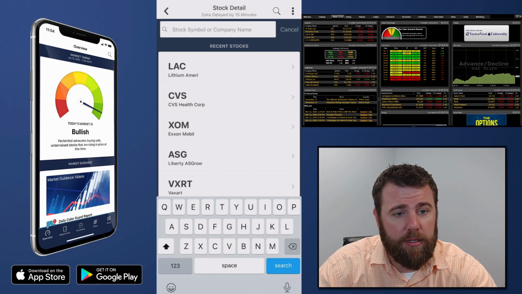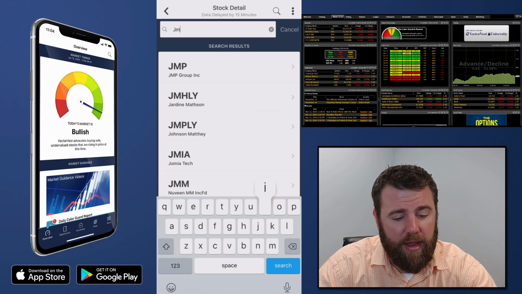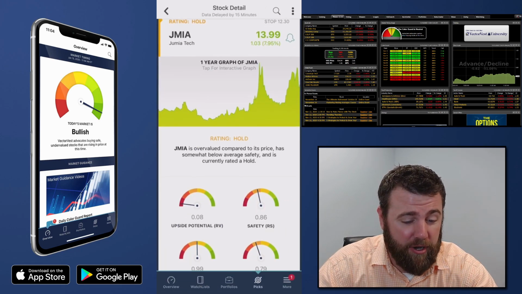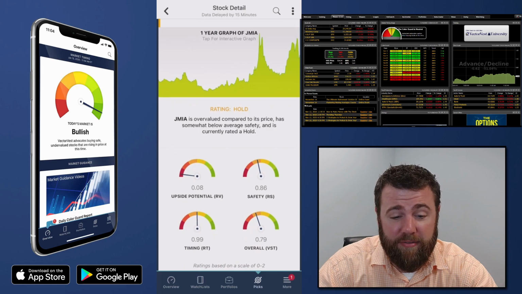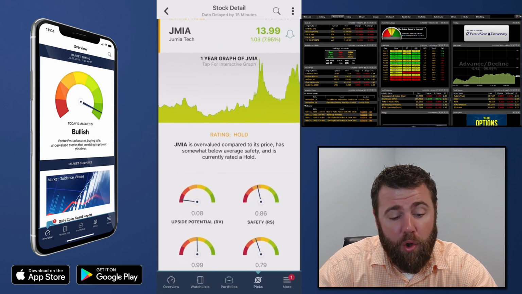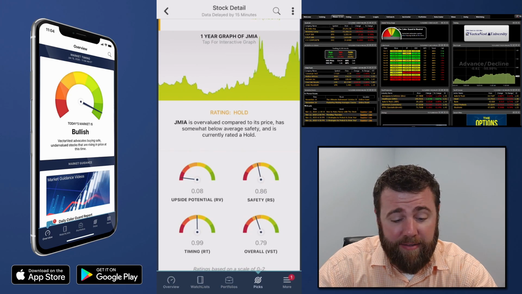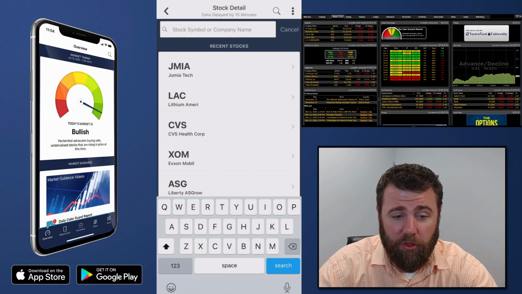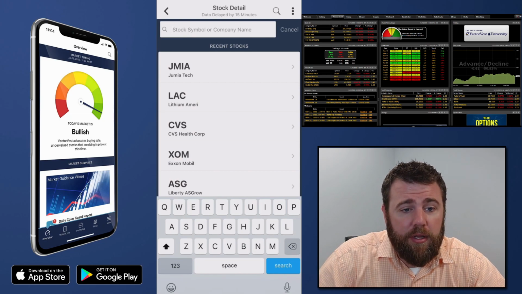JMIA, haven't seen that symbol in a while. JMIA, definitely a speculative trade. Poor long-term potential, a lot of risk associated with it. See a lot of volatility moving it higher and lower, but overall on a short-term basis, the stock is essentially flat, therefore making the stock not worth it right now. All right,